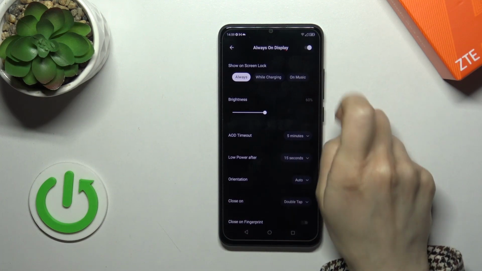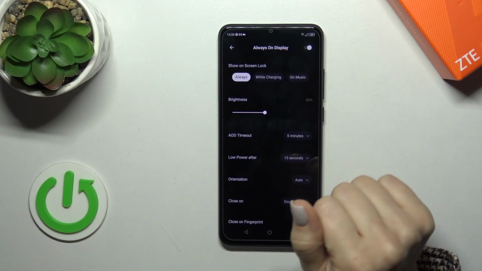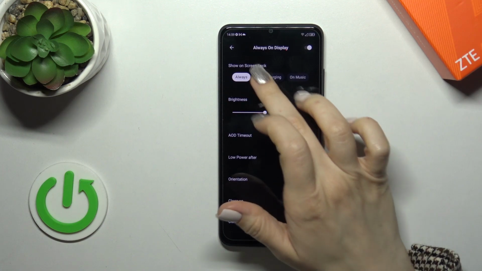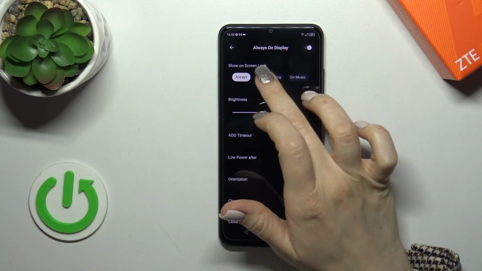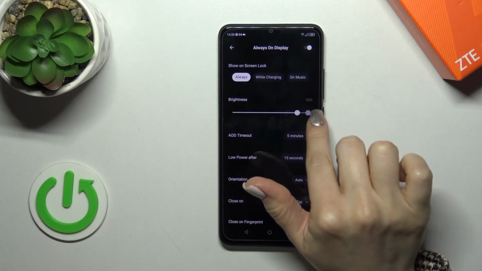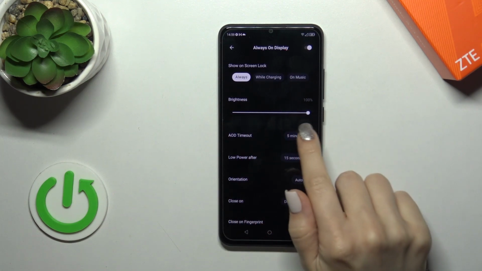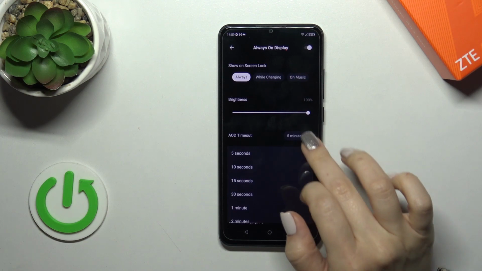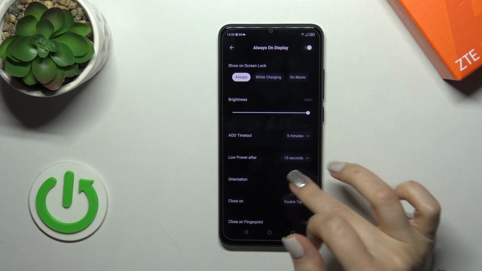Here on the right upper corner we got the switcher to activate or turn off always on display option, and also we could just tap here to always while charging or music. We could also decrease and increase the brightness level, to change the timeout from 5 minutes to never, to use